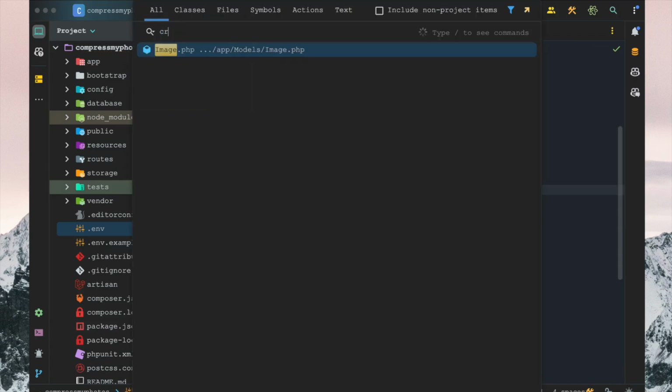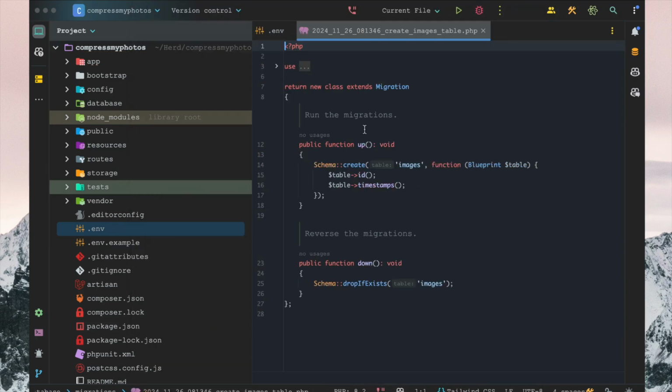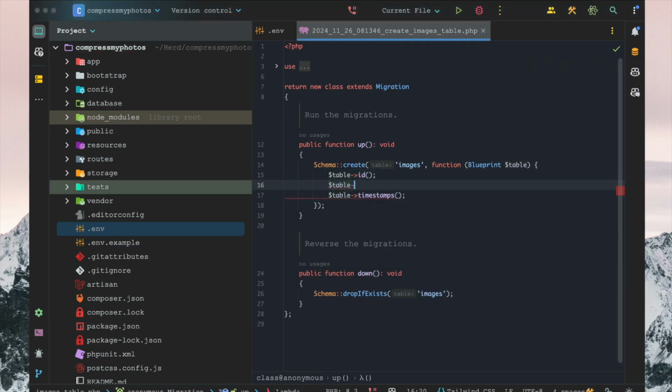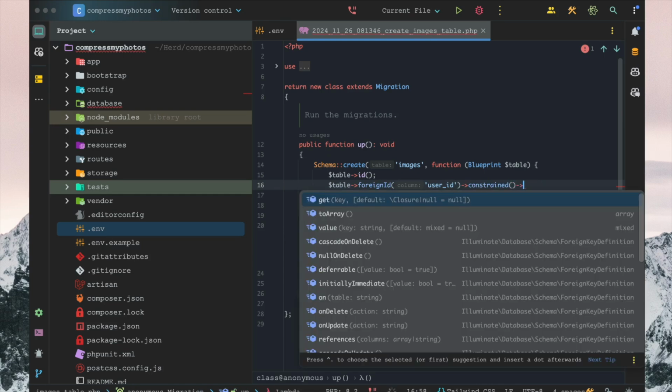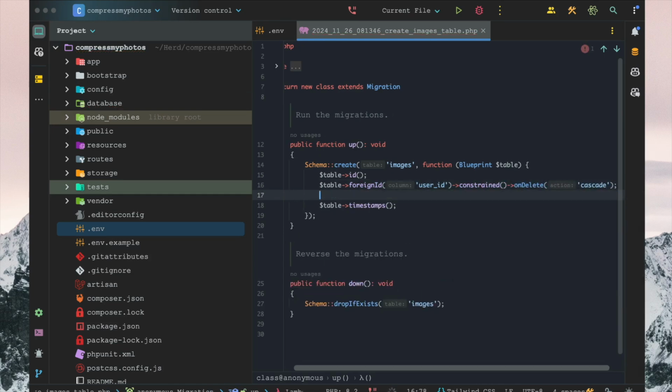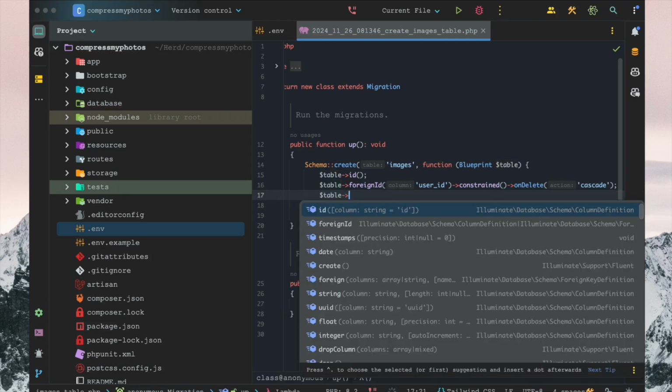And let's head into our migration now for create image table here. In here, we're gonna have a fair few different things set up. So as a starter, we will have a foreign ID in here, which we're gonna call user ID. It's gonna be constrained, and we're gonna on delete cascade. We're also gonna have a file name in here,